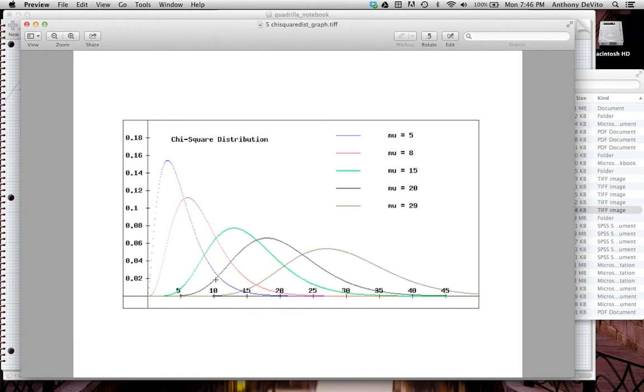Okay, so what we want is to get a chi-square value that's so far out to the right that there's less than a 5% chance of getting that if there were no association between the two of them. So we want to get so far out that there's only 5% left in the right-hand side of that curve. Just like we use